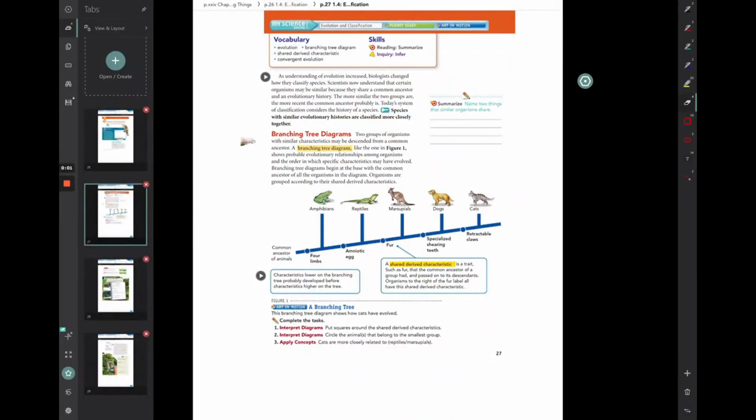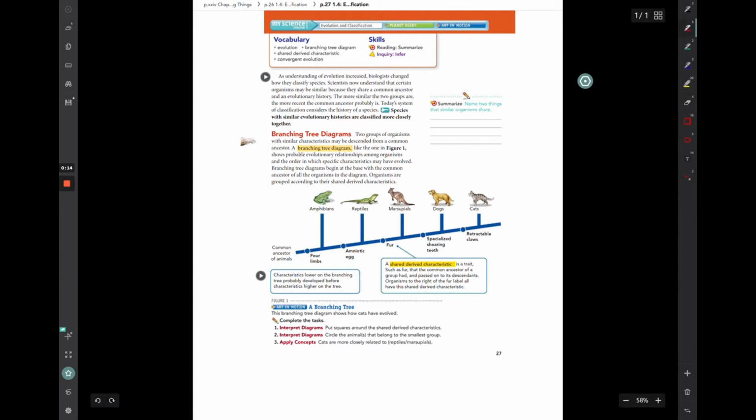Today's lesson, I'm going to go in a little bit different order than normal. I'm going to start on page 27 and kind of bounce around this lesson a little bit, because I think some of the stuff makes a little bit more sense if you see it first. So as an understanding of evolution increased over time, the scientists sort of changed how they classified the different species